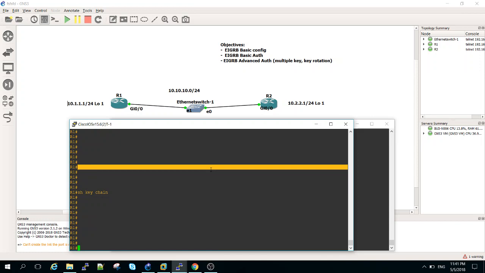And then in this next video, in part 2, we are going to show you how to configure EIGRP advanced authentication, which includes multiple keys and key rotation with different send lifetime and accept lifetime. Okay, then let's start. I will start from